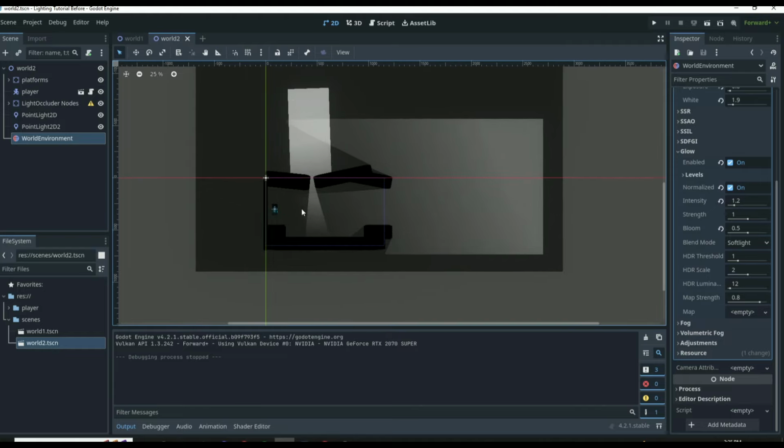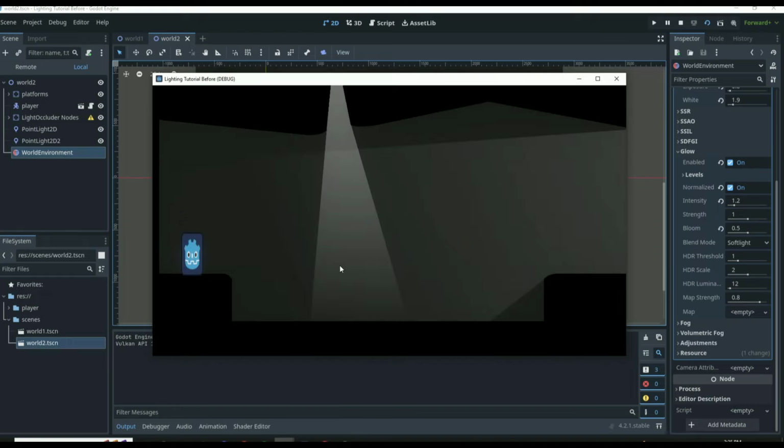But yeah, we just changed like four settings, and the game looks almost completely different. It looks like a completely different game. It looks like we used completely different art, but really we didn't, right? But the world environment node, like I mentioned, is so complex, so I'm actually working on a more advanced lighting tutorial. But now I want to move into a little explanation about the directional light 2D,